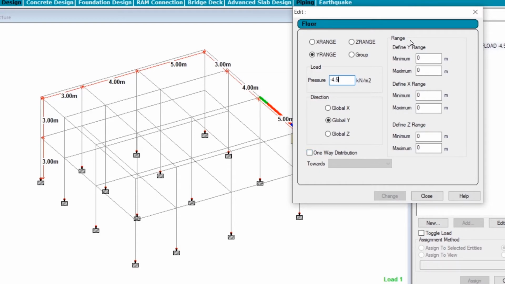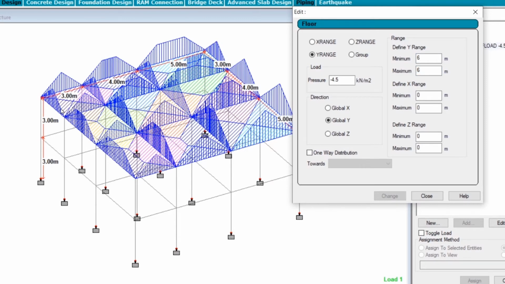Now let's move on to the range. Now this is where all the magic happens. For example, I want to define this floor load only on the roof of this building. So the roof of this building, if you see the Y values, so these are the different ranges, the Y range, the X range and the Z range. So first of all, we'll start off with the Y range. So in this case, you can see the Y value for the top being 3 plus 3, 6. So what I can do is simply put in a value of 6 and 6 here, and that would work well. So let me put it 6 and 6, and I'll just click on change. And now you magically see all the loads showing up here.